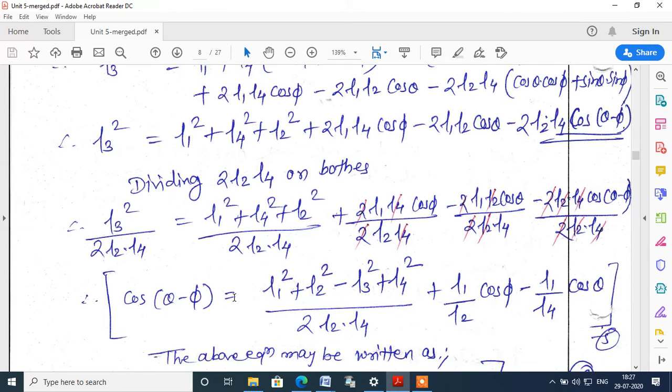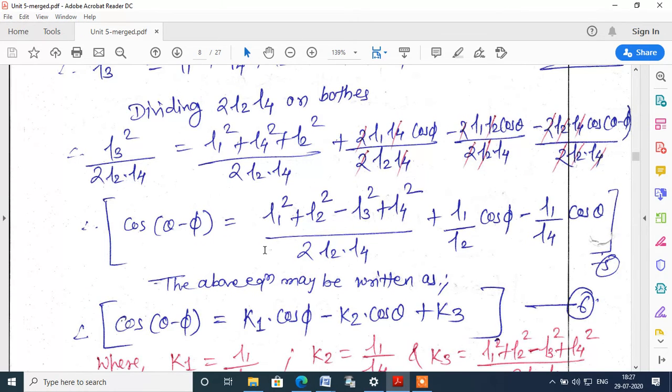So we will finally get cos of (theta minus phi) equals (L1 square plus L2 square minus L3 square plus L4 square) divided by twice L2 L4, plus L1 by L2 cos of phi, minus L1 by L4 cos of theta. So this equation is the final equation. This equation is known as Freudenstein equation and this can be written as cos of (theta minus phi) equal to